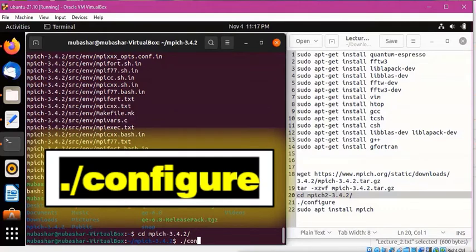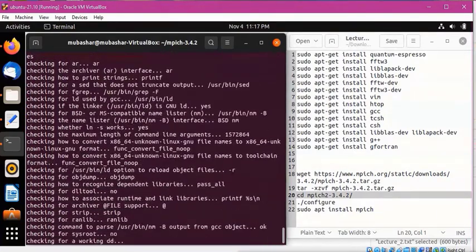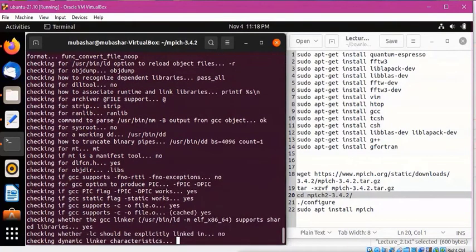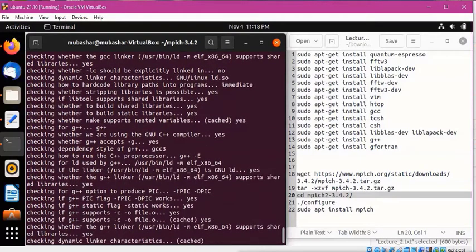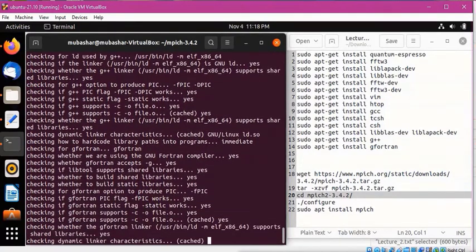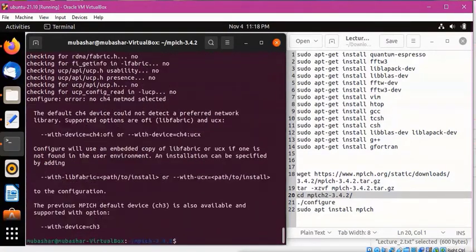Run this command ./configure for the configuration of mpich 3.4.2. After the configuration, for the complete installation, run this command.